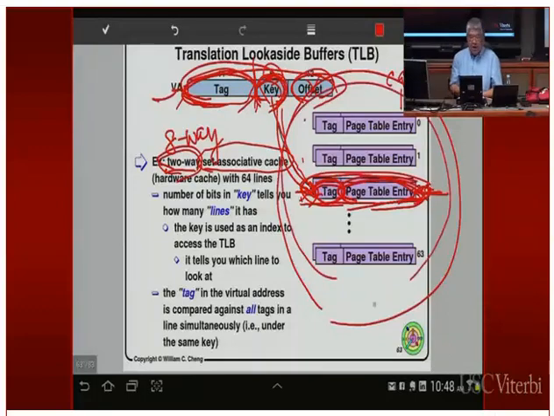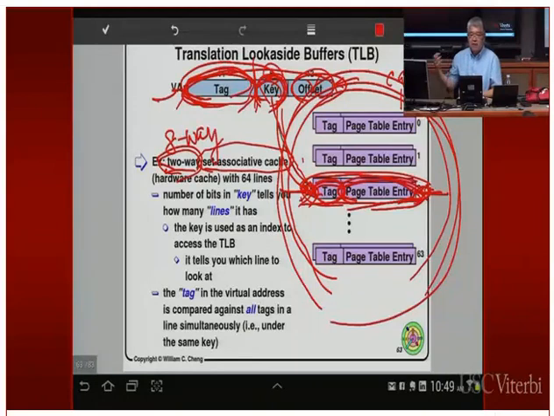If you get a very high hit rate in a translation look-aside buffer, every time you compare the tag against the many entries in the cache line and get a hit, that's a translation look-aside buffer hit. If all of the comparisons return false and you have to go to real memory to get the data, then that's a translation look-aside buffer miss. So what should be a good hit ratio? If I go to a random memory address, the first time I'm going to get a miss, because chances are all this information will be wrong.